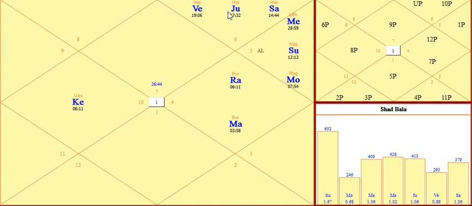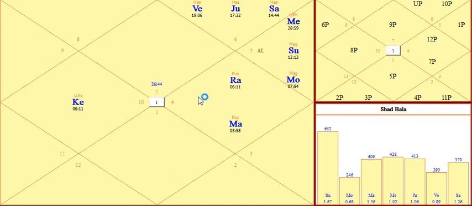Now the 12th house pada. 12th house has Virgo sign. 12th lord is Mercury. It has gone 1, 2, 3, 4, 5, 6, 7, 8, 9, 10, 11, 12 places away. So again calculate 12 places from this position: 1, 2, 3, 4, 5, 6, 7, 8, 9, 10, 11, 12. So the 12th pada falls in the 10th house. So here it is written 12p.